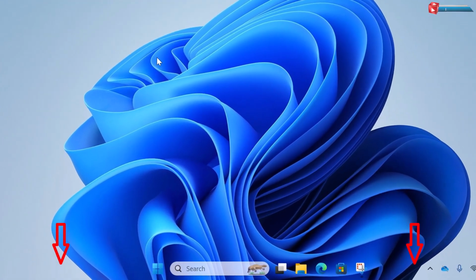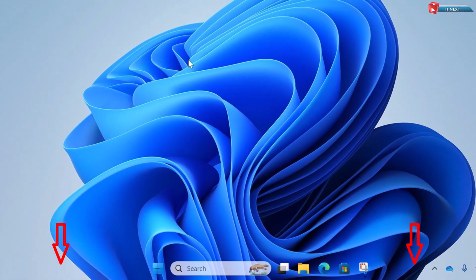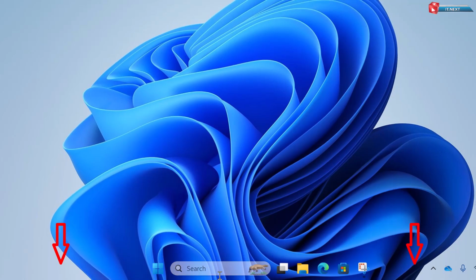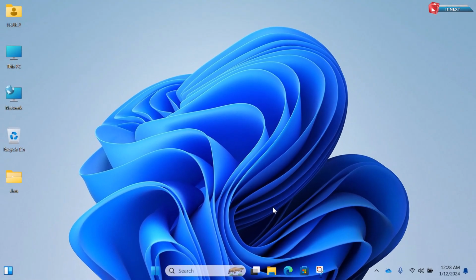How to make the taskbar transparent Windows 11. Here you can see this. Now let me show to you how you can do it. First,